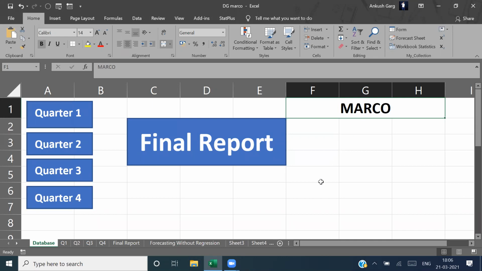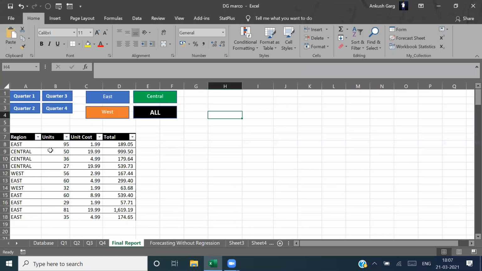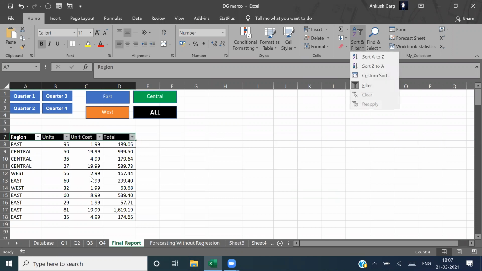If you talk about macro, macro is nothing but a tool that actually helps the user to record a task. Let's suppose I am doing a filter in my data set. We need to select the area, go to the filter option and apply the filter.